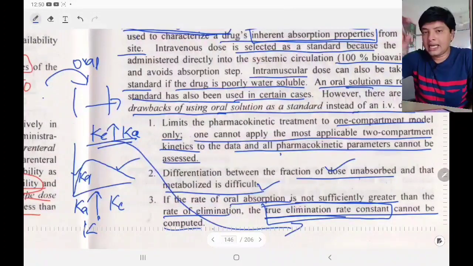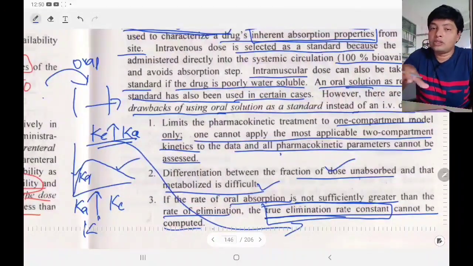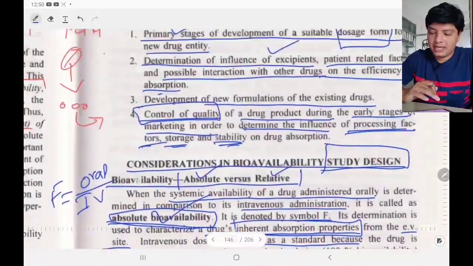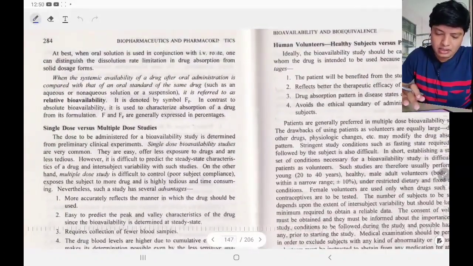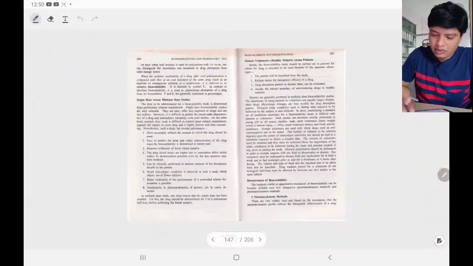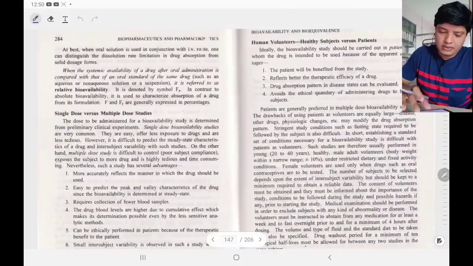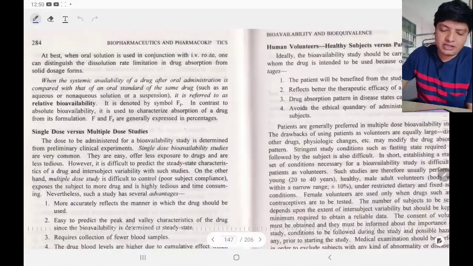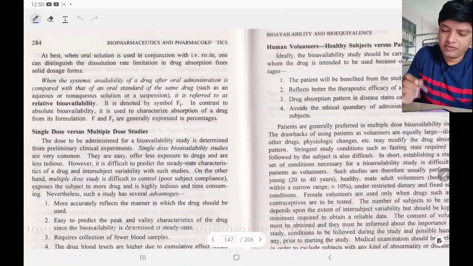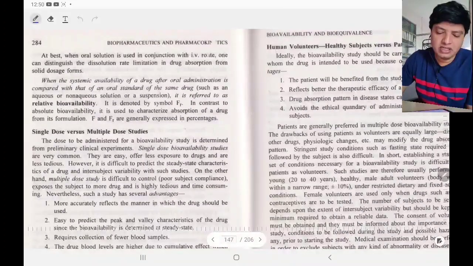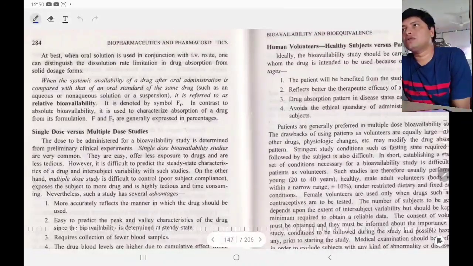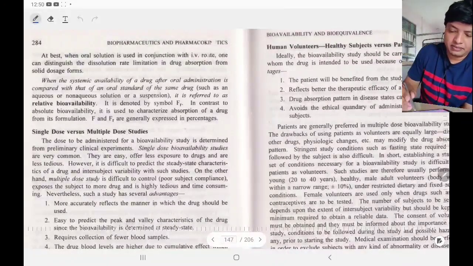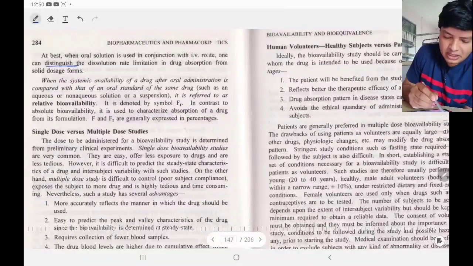Why is it happening? In case of oral, if you want to use an oral solution of a drug as a standard. So at best, when oral solution is used in conjunction with the IV route, one can distinguish the dissolution rate limitation in drug absorption from the solid dosage form. So what this point is saying is, what is the best use of oral solution is, one can distinguish the dissolution rate